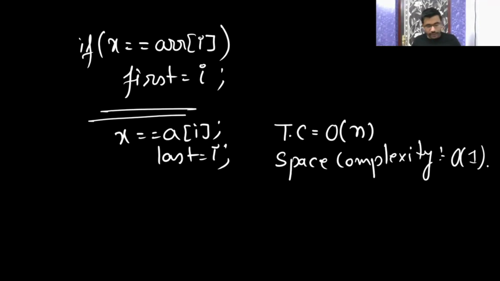Now I will go to the better approach that many of you have even told me, the binary search. By using binary search, we can implement that. There is less chance for service based companies, but for product based companies there is high chance, because generally people say, sir, I will do linear search. Then they will ask you, can you improve the time complexity? Yes, you can. Then how? Then write the code. Now we are going to write.